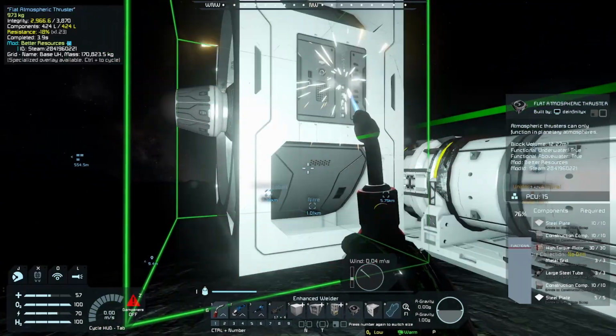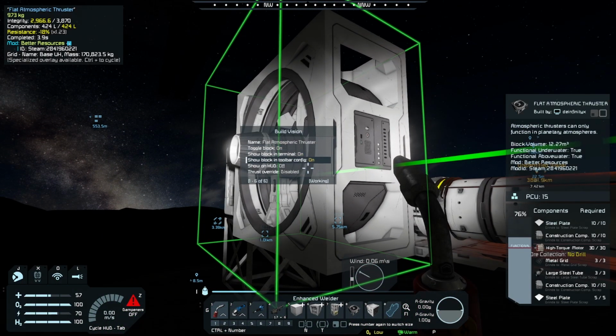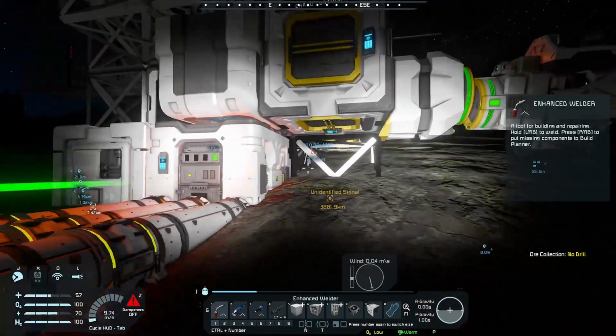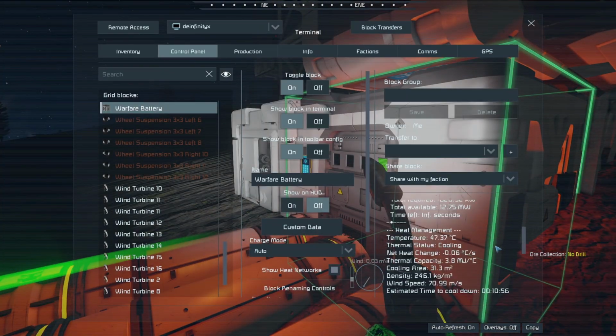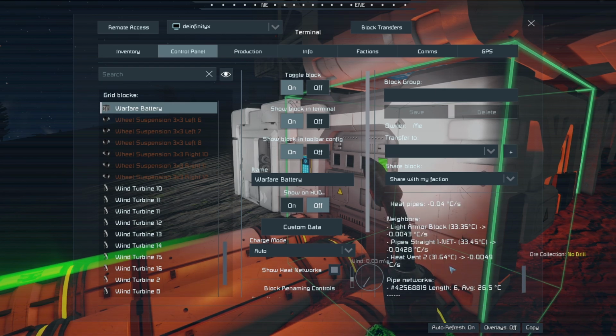Will this thruster actively do anything? Now, I can't control it from here. Let's check the thermals, because I don't know if I even replaced it correctly. I might need to... Oh no! Estimated time to cool down: 11 minutes. Maybe it's because it's charging and not...